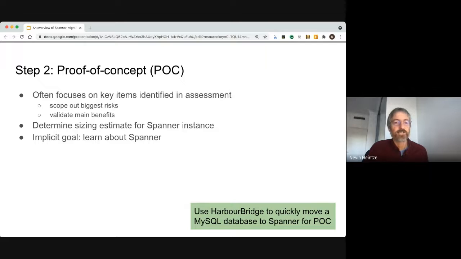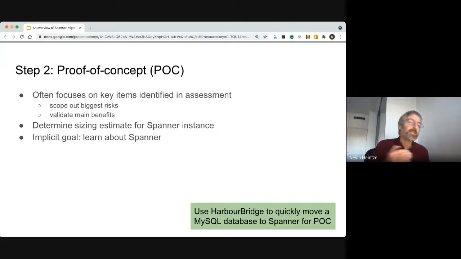All right, so moving on to step 2. As we noted before, it is typical for a proof of concept to almost be an extension of an assessment. So the role of the POC is often to scope out the biggest risks, validate the main benefits. And it's quite common for a Spanner POC to focus on scalability, to establish that Spanner can scale to your needs and workload. Given Spanner's virtually unbounded scalability capabilities, demonstrating this is not usually an issue,